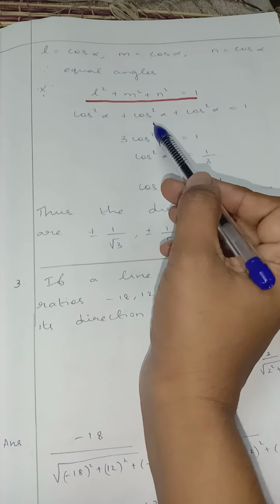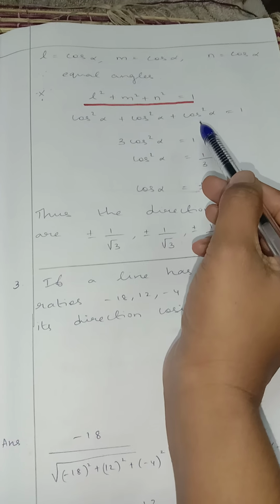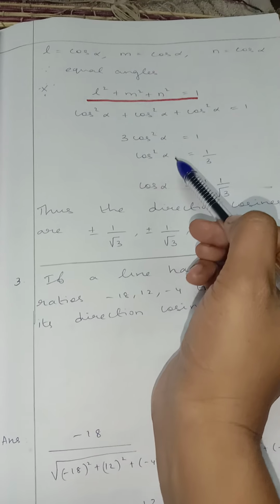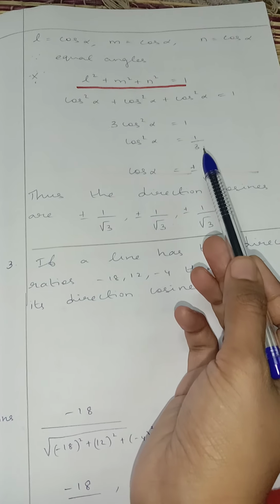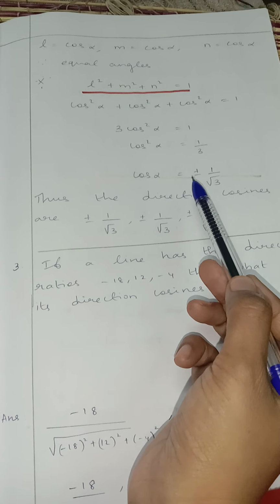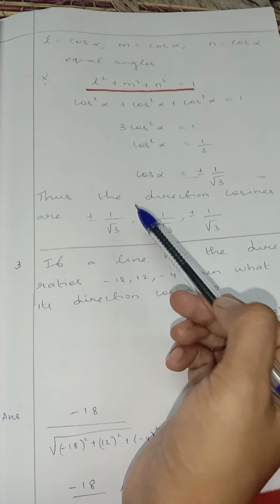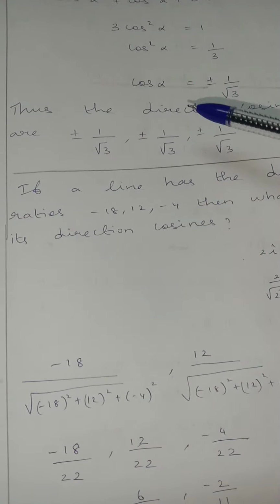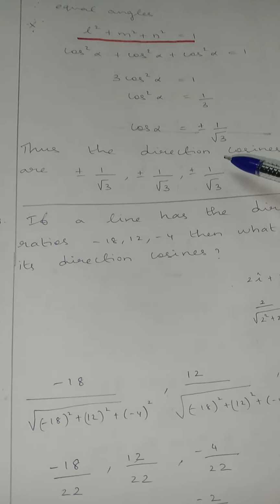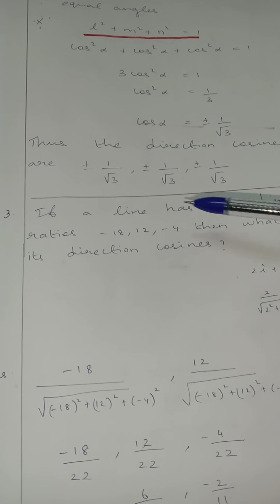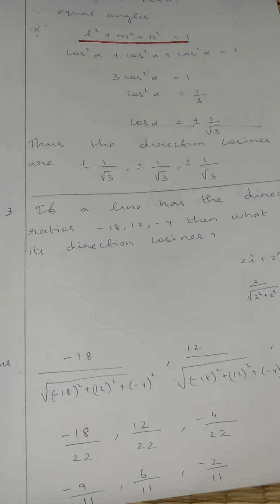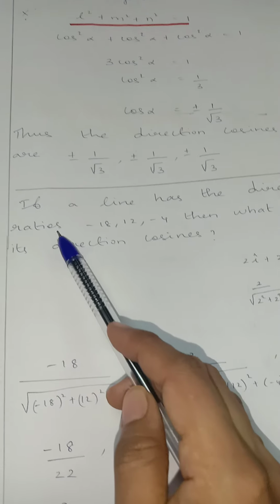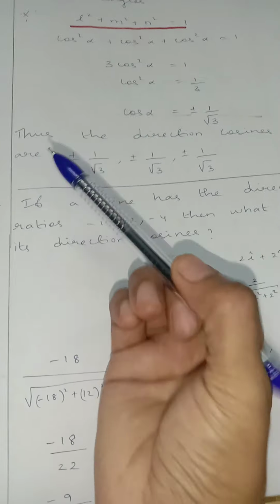So cos square alpha plus cos square alpha plus cos square alpha is equal to 1. So 3 times cos square alpha is equal to 1. So cos square alpha is equal to 1 by 3, or cos alpha is equal to plus or minus 1 by root 3. Thus the direction cosines are plus or minus 1 by root 3, plus or minus 1 by root 3, plus or minus 1 by root 3. Okay, that was the second question. Now the third one: if a line has direction ratios,